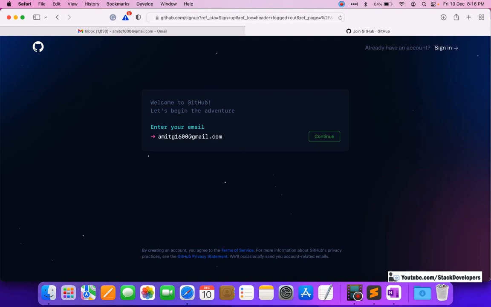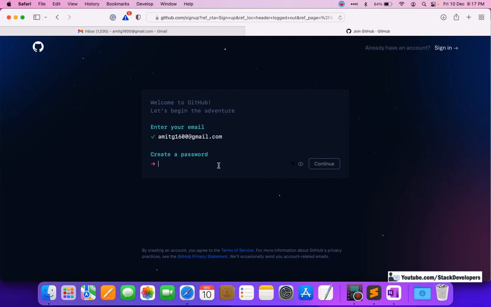If you want to make a GitHub account for your official purpose, for your official projects, then you can make one. Give here your official email account. If you are a freelancer developer and you have many projects and you have an email id at Gmail or some other email id, that email id you can give here. Don't give spam email ids like Yopmail and others. That will not work here, because they will send the verification email once you give the email id here. So I have given my email id here. I will click on continue.